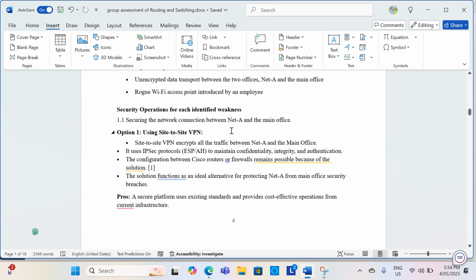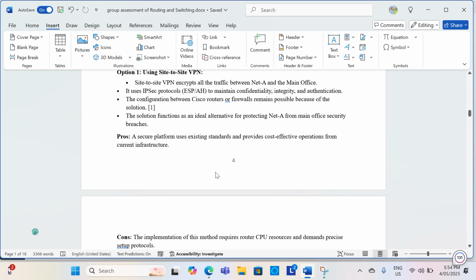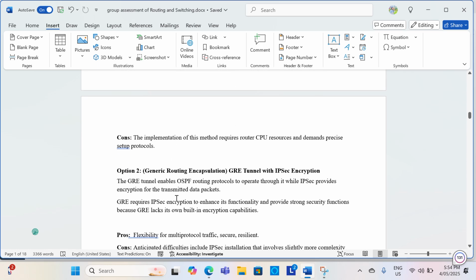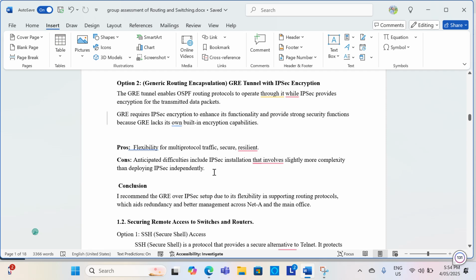Let's talk about securing interoffice connections. At first, the site-to-site VPN, which encrypts all traffic using IPsec. It ensures confidentiality, integrity, and authentication. It's relatively easy to configure using Cisco routers and firewalls. Option 2 is generic routing encapsulation, GRE, tunnel with IPsec encryption, which adds flexibility by allowing routing protocols like